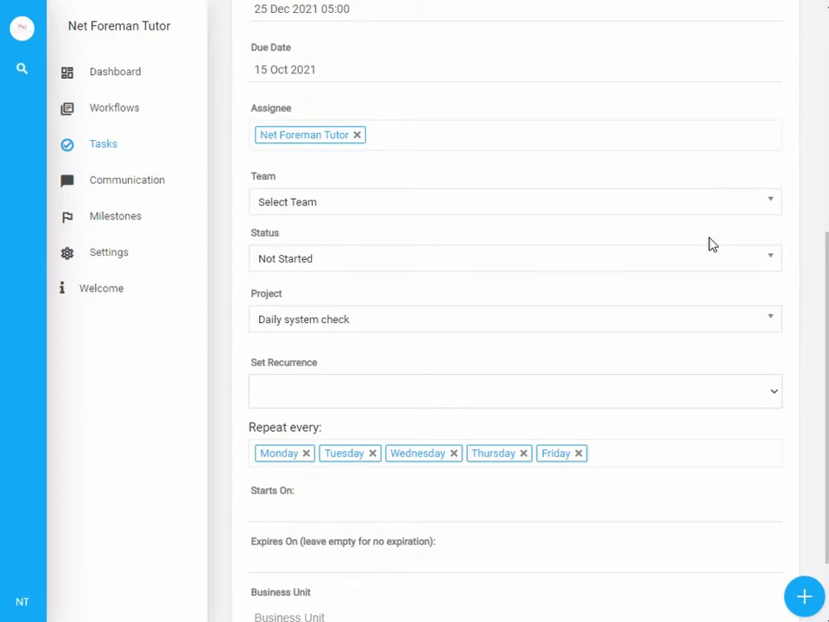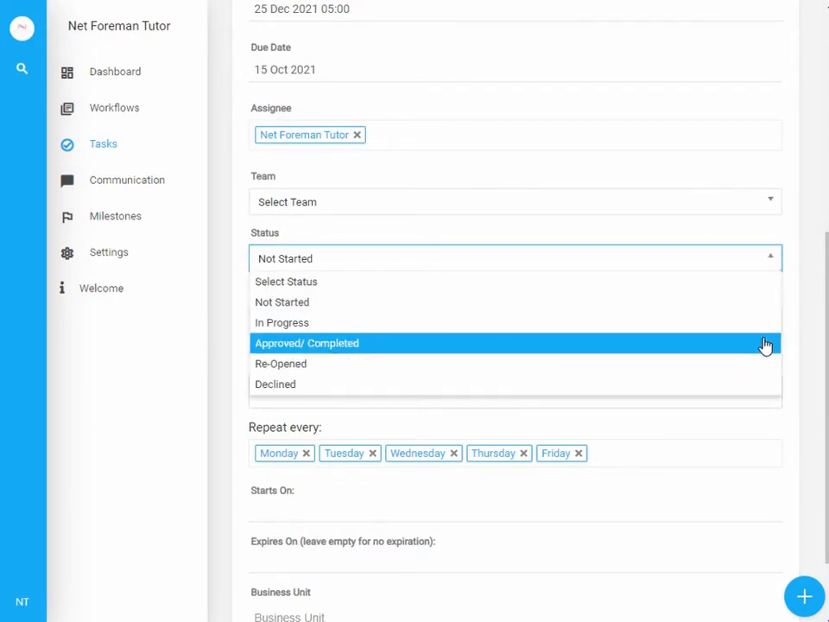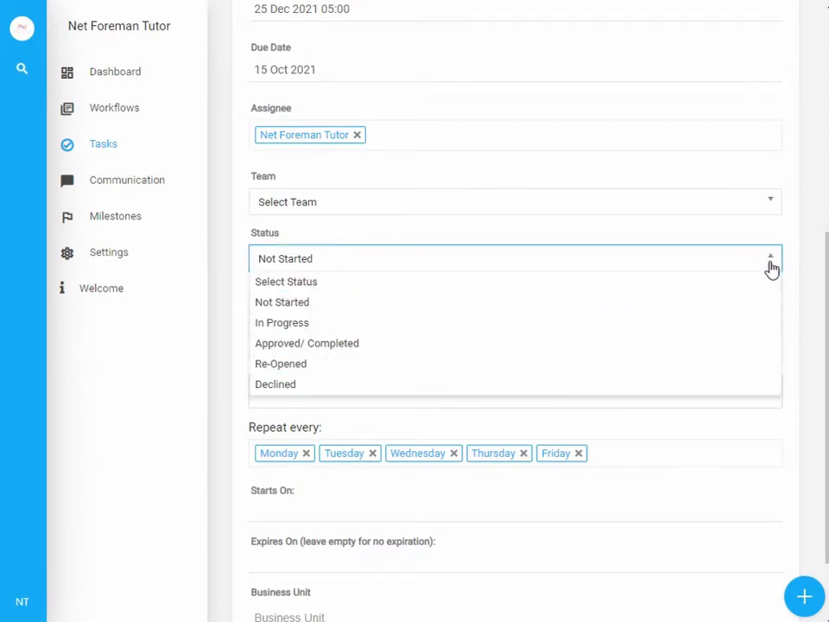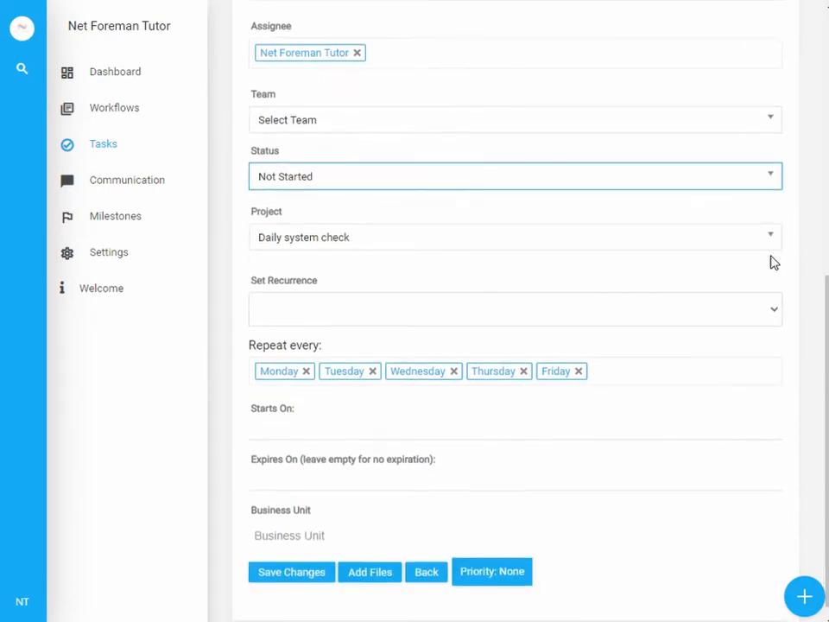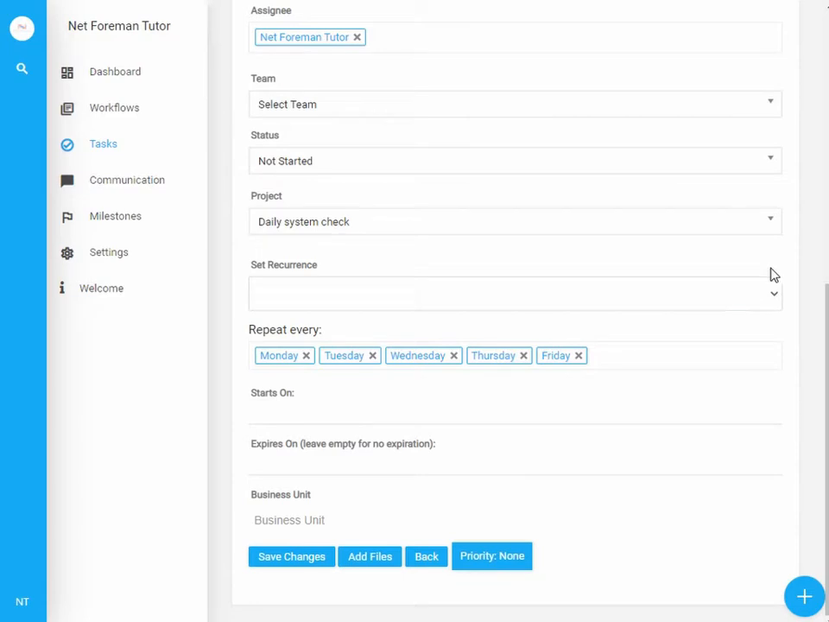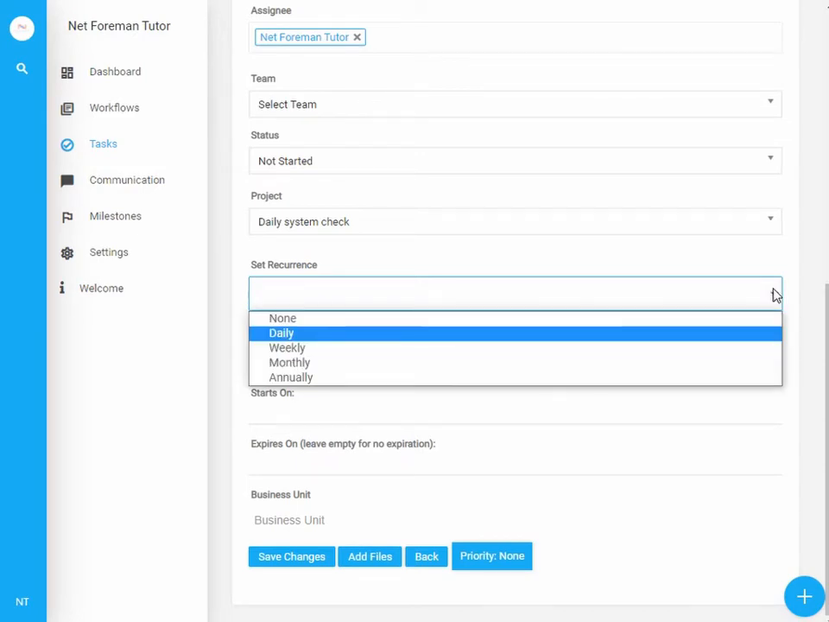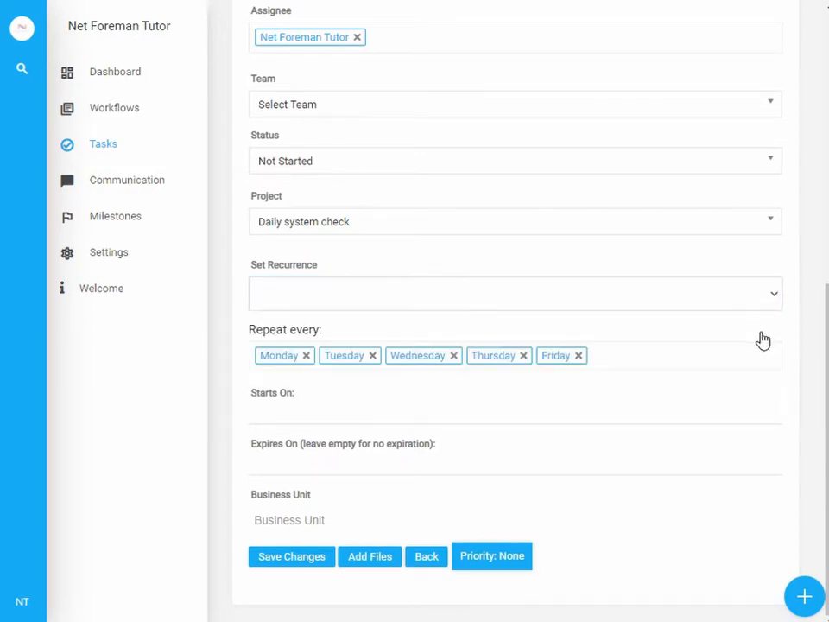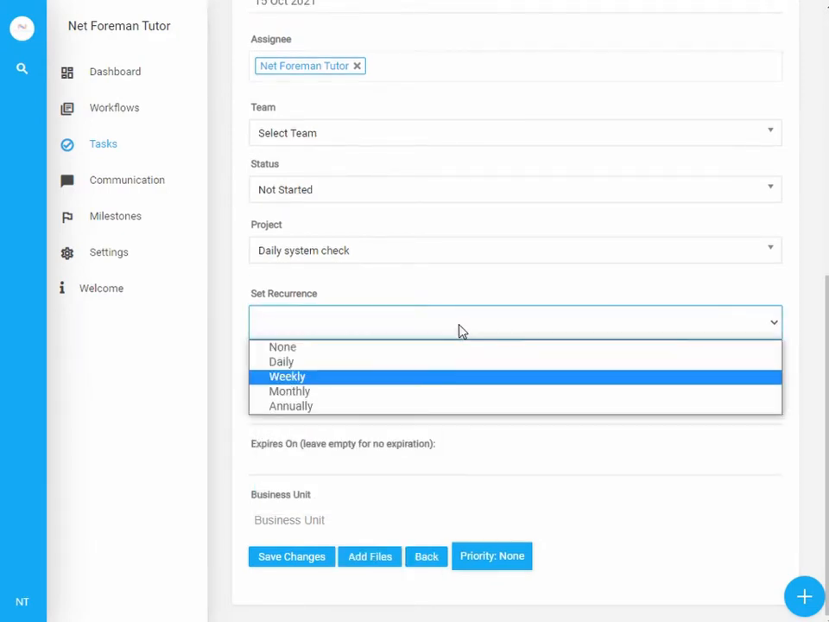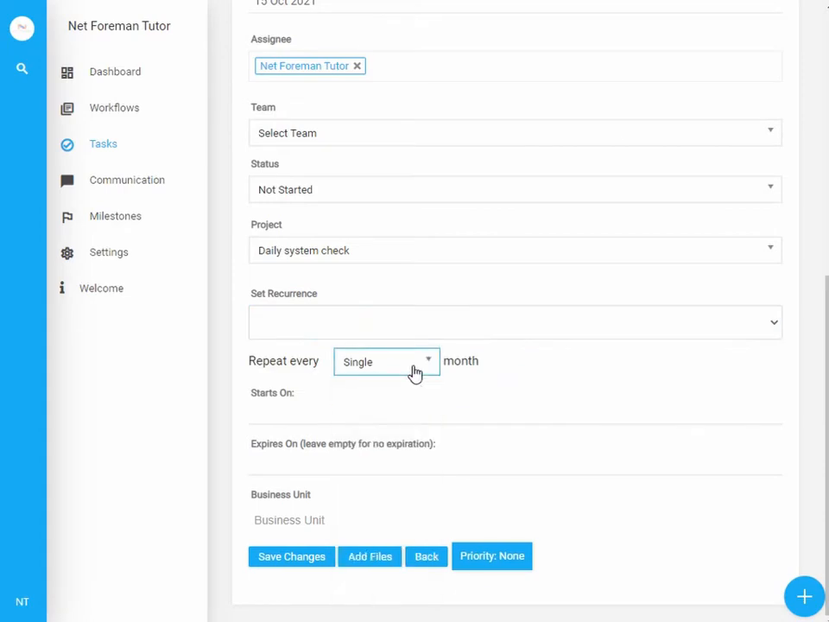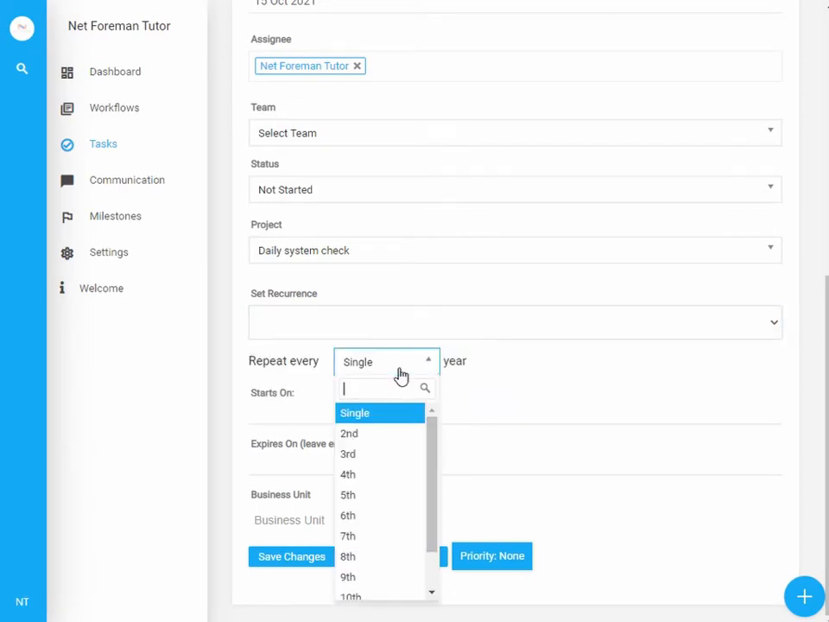The status feature is great to keep track of the state of the task, which reduces the need for update requests, as assignees can easily see if it's still in progress, completed, approved or declined. Statuses that are completed will automatically be calculated on the Milestones page. Another great feature is the ability to set a recurrence. You can set a recurrence to daily, weekly, monthly or annually. Furthermore, you can set the days of the week, or the week, month or year you wish for it to